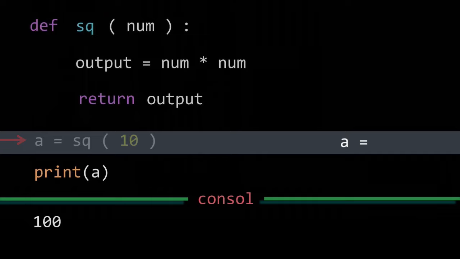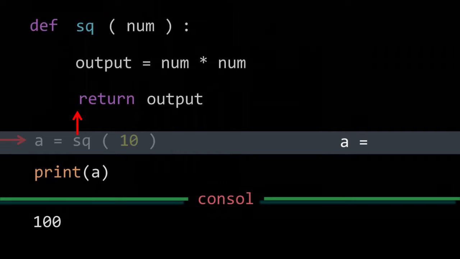After that, what is sq? sq means Python knows it is a function defined in the program. So it will go to that function, but it will not go alone. It goes with the value 10.